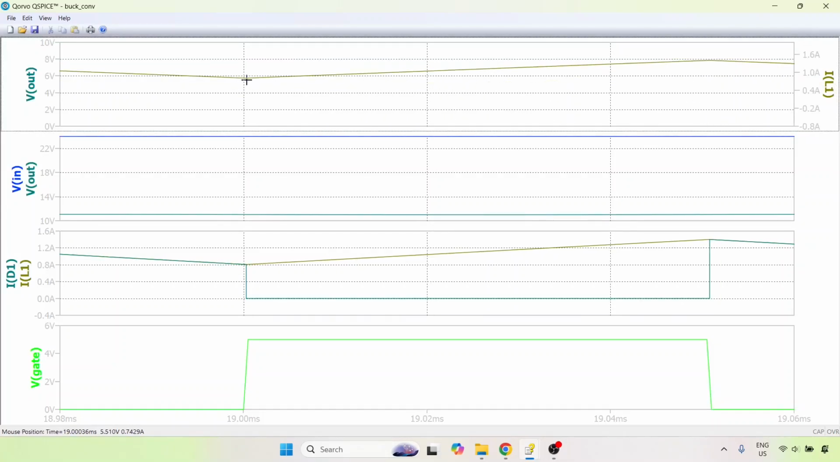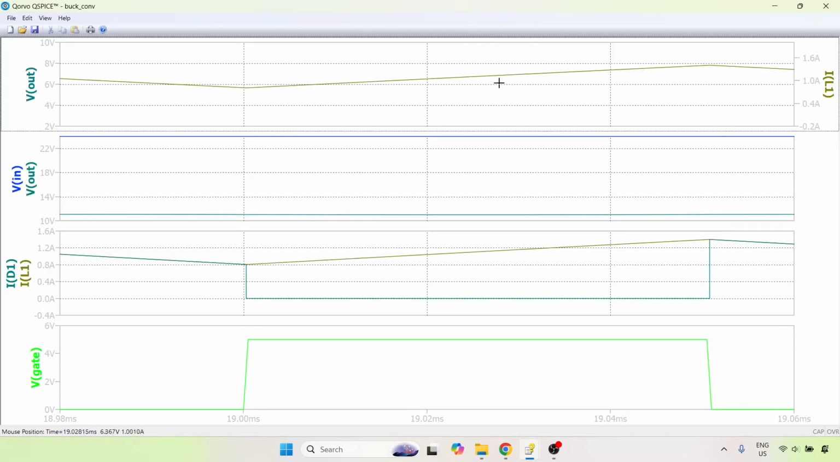So here the output voltage, I have also zoomed in the same period. You'll see that when the switch is turned on, the output voltage also rises. And we've already seen that. We've seen that when the switch is turned on, then the input supplies energy to the output and also the inductor. And that's the reason why the inductor current rises, and also the voltage across the output capacitor also rises,